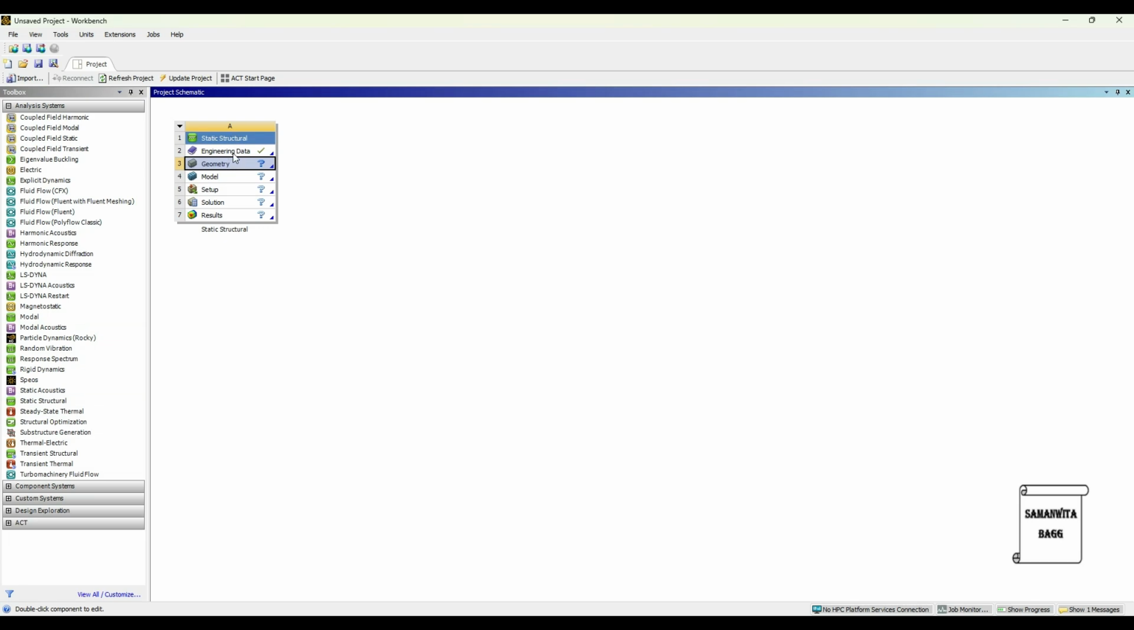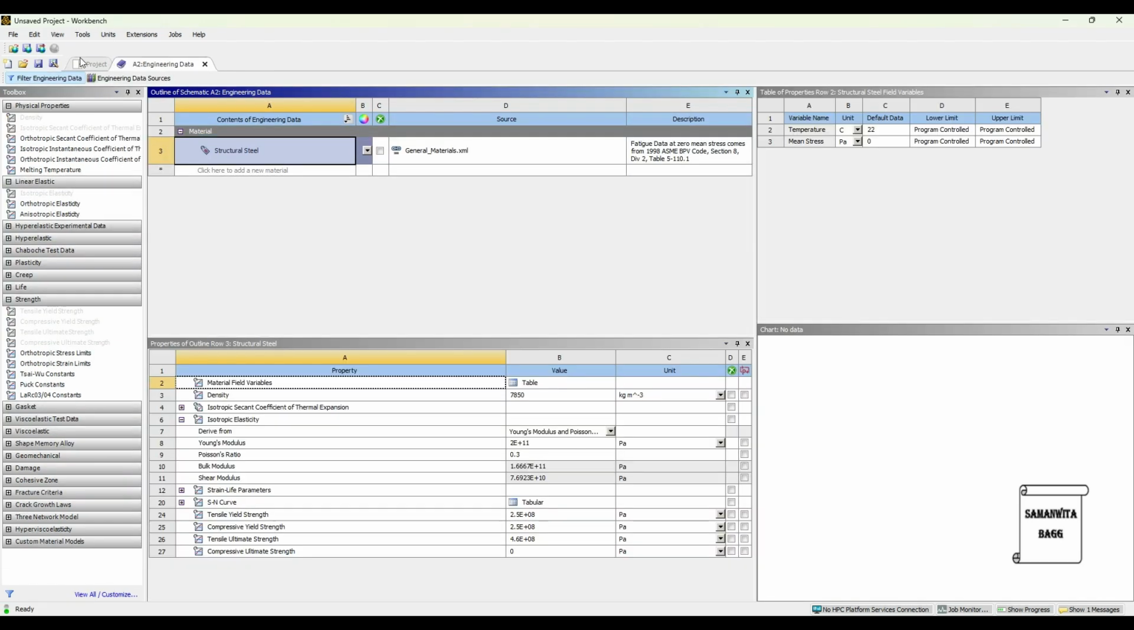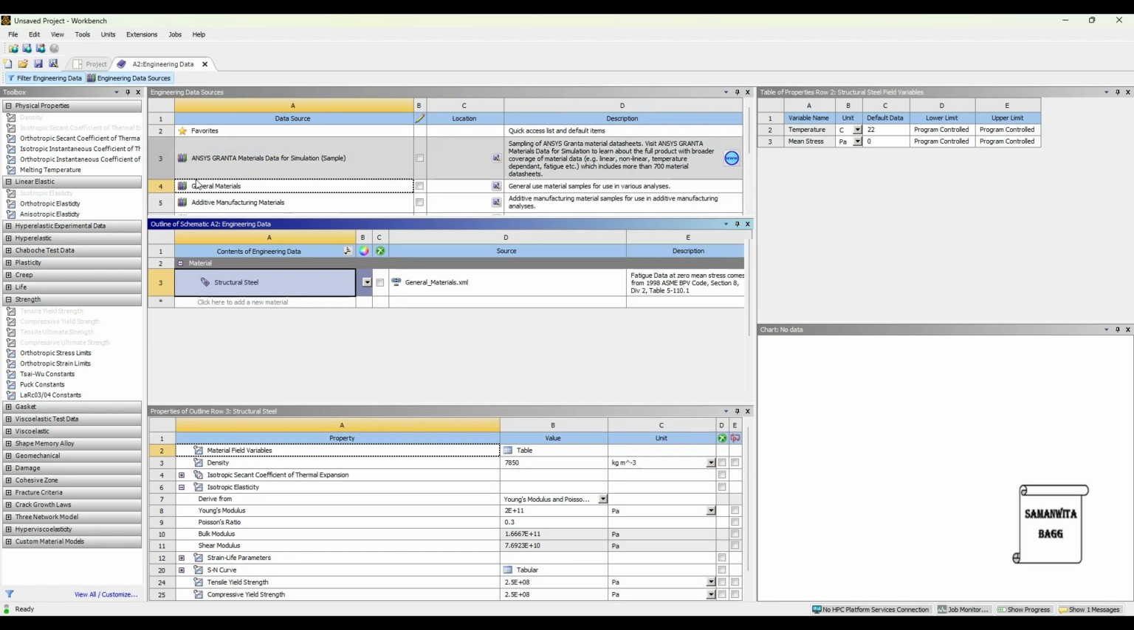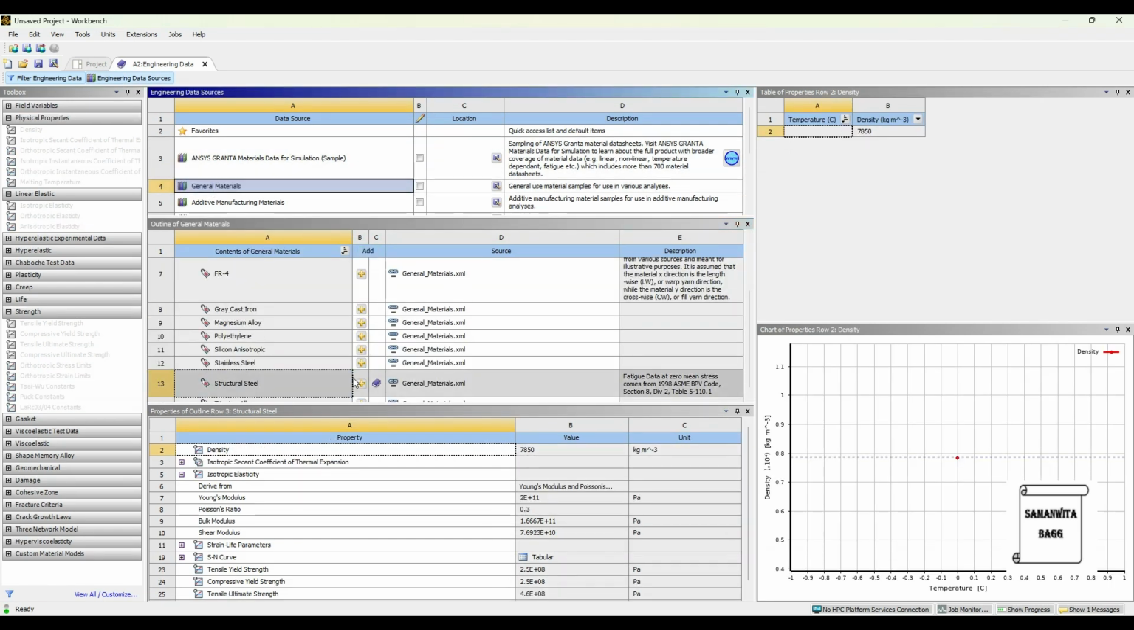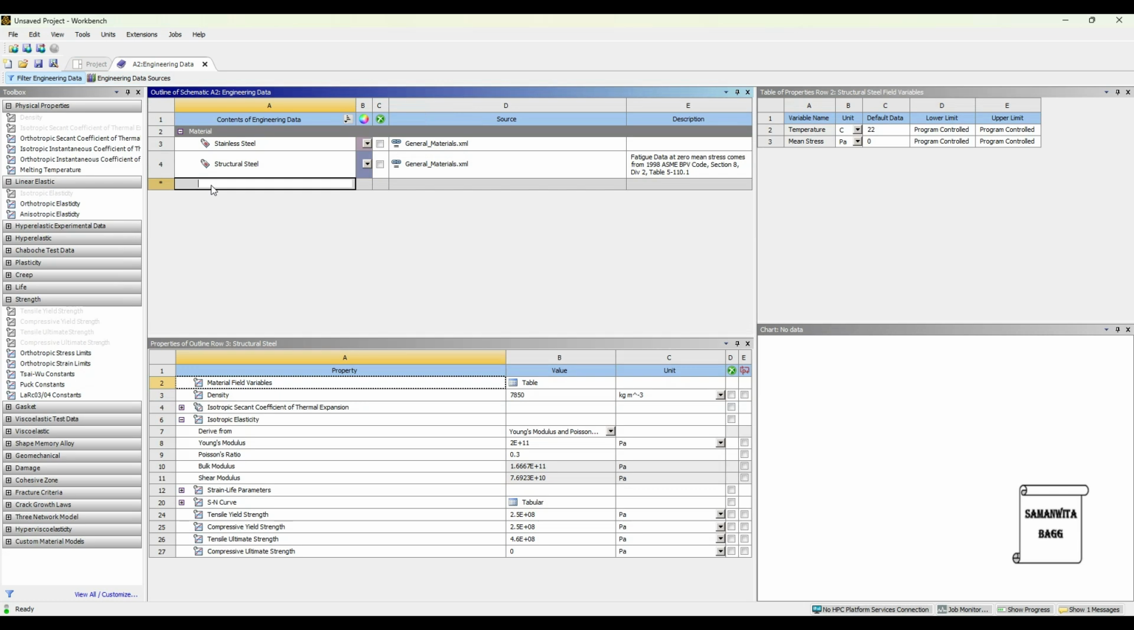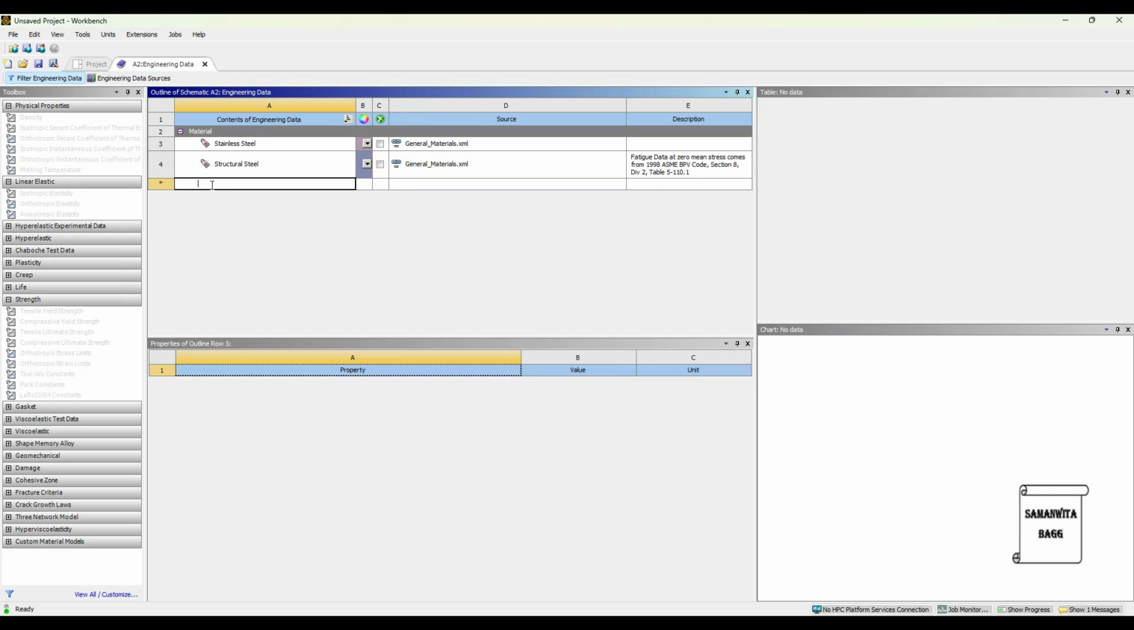Next, we will go to Engineering Data and double-click. Then we'll go to Engineering Data Sources. Here we'll click on General Materials. One of the materials used for a globe valve is stainless steel, so I'll select it from here. The other two materials I'm going to add, the first one is brass,